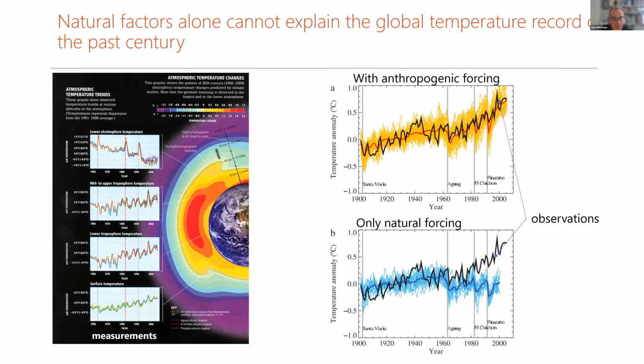And if the climate scientists run their models but do not include the human-induced CO2 in the atmosphere, they cannot really match what is happening with respect to the observations. That is represented at the bottom right by the graph labeled only natural forcing. But if we include all the CO2 from the fossil fuels we have been using, that matches very well. So that already tells you, okay, this is related to human